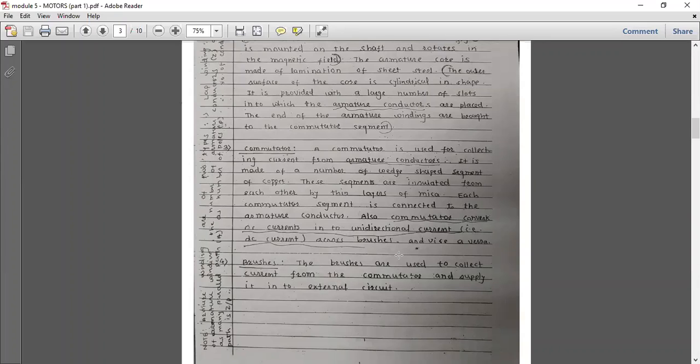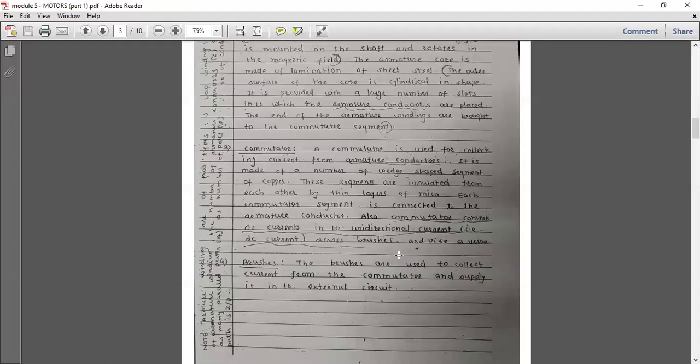Now I will just give you an overview of everything. The first point is field winding. First, you need to draw the diagram where there is a shaft, rotor, stator, magnetic field and magnetic flux. Now we are going to classify this diagram into subparts. First, field winding. In the field winding there is a coil. When the current flows through this coil, automatically a magnetic flux is produced. This is the major important thing about your field winding, and everything is written over here.